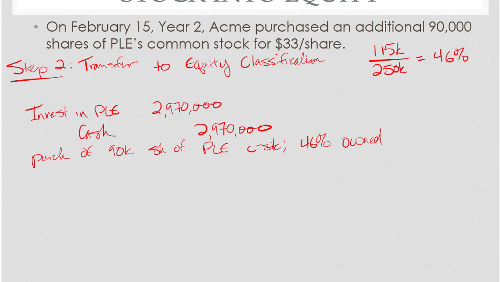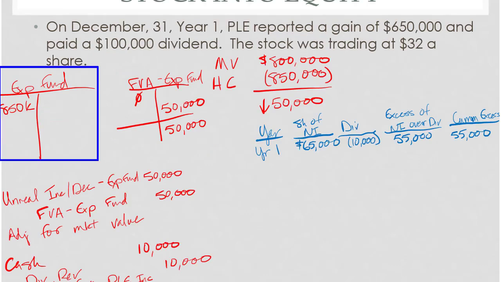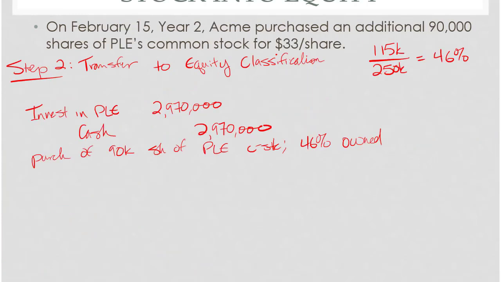So we're going to go back and take a look at the T account for our expansion fund. We have $850,000 in that account, and in this case we only made one purchase before. There could be 2 or 3 purchases, so we could have several pieces to this that we've got to figure out. In this case we've got $850,000, so I've got to get that out of the expansion fund. So let's start there. Expansion fund, $850,000. I'm going to transfer into the investment in PLE account at market value on the day that I cross